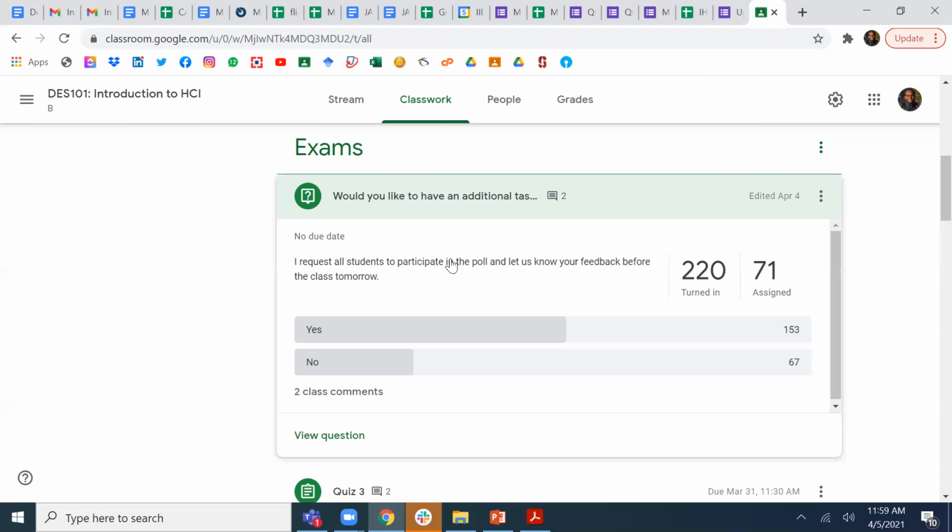The majority are thinking this, and I also want to keep this task in such a way that it won't overburden you, right? Because definitely you want to do some additional task, but given that you are already overloaded with other projects and exams, a new task will be difficult for you, right?